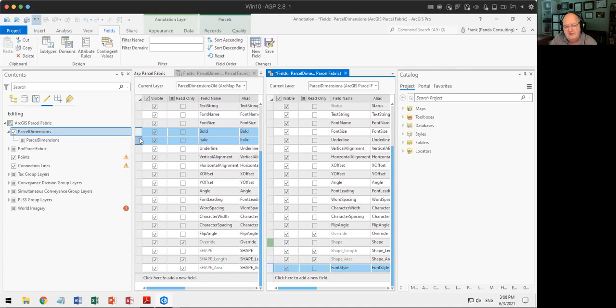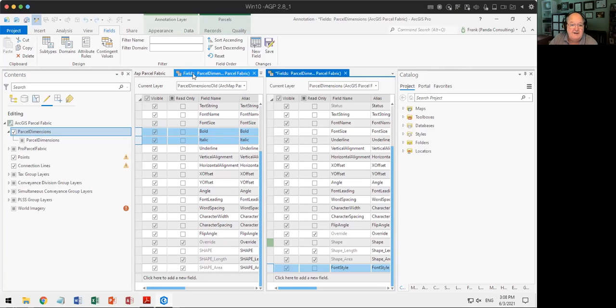Internally and structurally, there may be big differences between these two, but on the surface, it looks like the biggest difference is that they took the styling attribute fields and combined them into one for the ArcGIS Pro annotation,